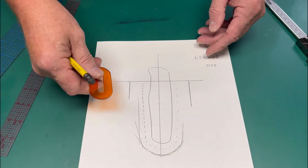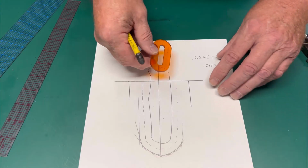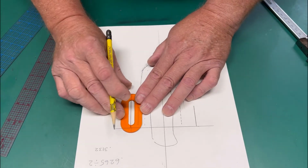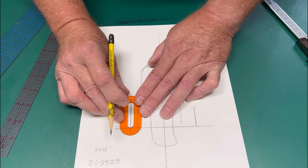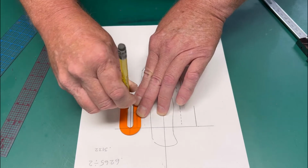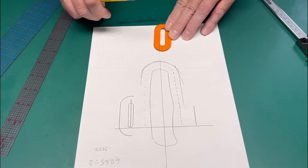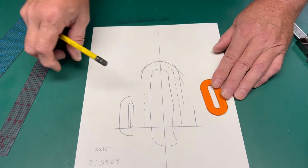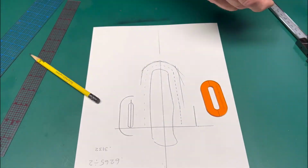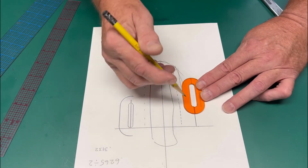So now what I'm going to do is I'm going to do it as an angled sheath. So the first thing I'm going to do, turn this around again, makes it easy to follow. I'm going to take my slot and center it probably in this configuration here, and I'm just going to draw my slot and my ear, and you only have to do the outside ear. Okay, and then I'm going to come down here, and at this point here, do whatever angle that you want. I'm going to eyeball about a 13 to 15 degree angle, and I'm going to center it on that line,